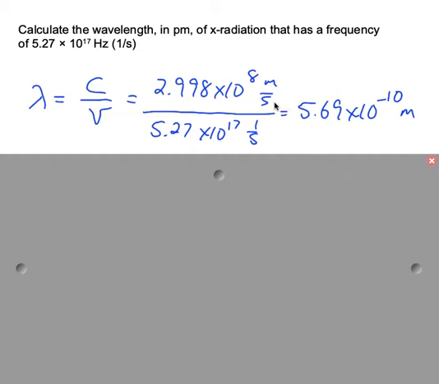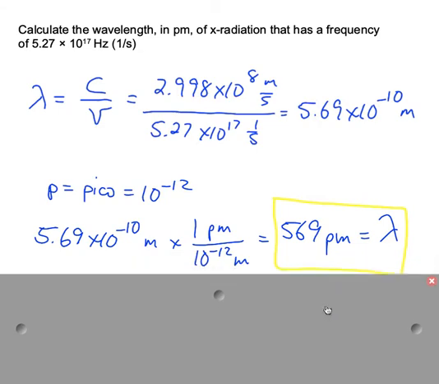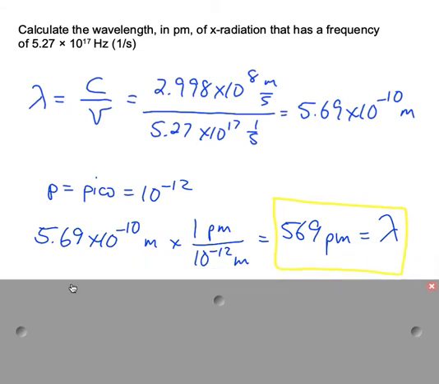Notice that seconds in the numerator cancel seconds in the denominator of the denominator, leaving me with meters, which is the unit I expect for wavelength. However, the question asks for this in picometers. Pico means 10 to the negative 12th, so I'll take the wavelength I calculated in the first part of the problem, multiply by 1 picometer over 10 to the negative 12th meters, and I obtain a wavelength for this X-ray